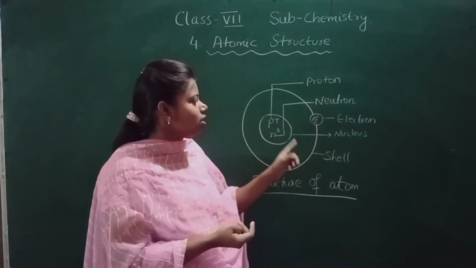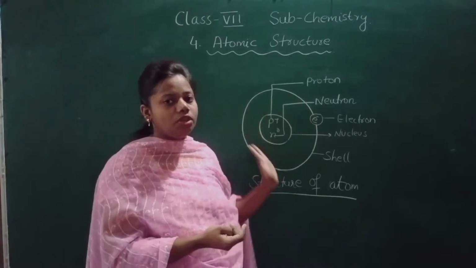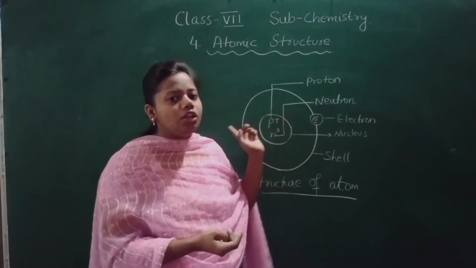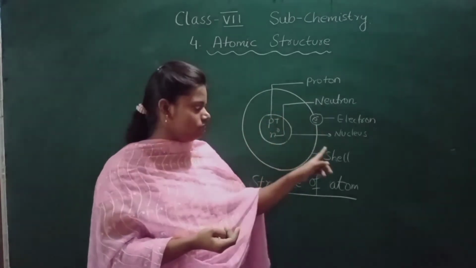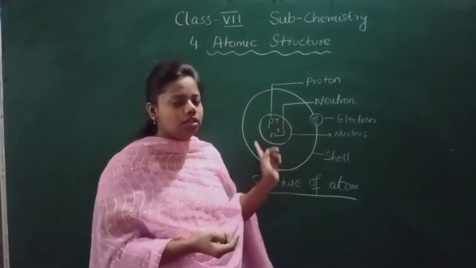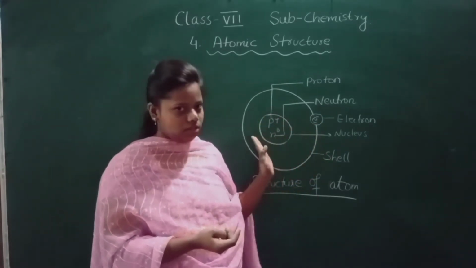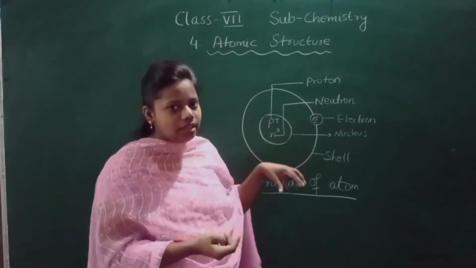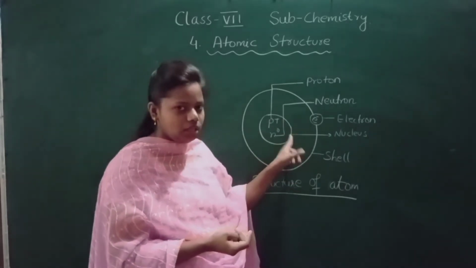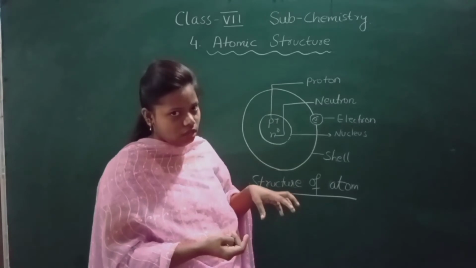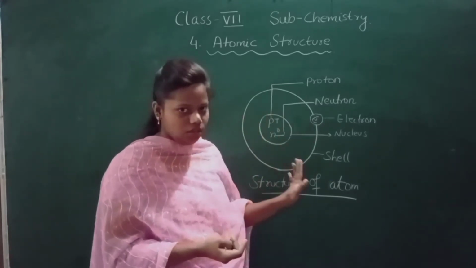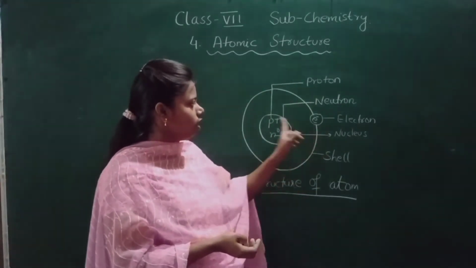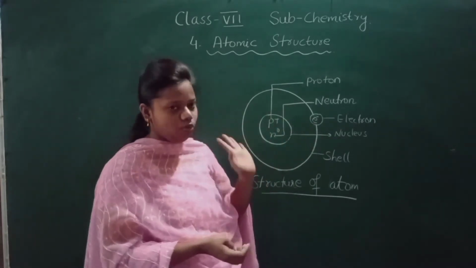So these electrons keep on revolving around the nucleus. Here I have just drawn one electron, revolving around the nucleus in the fixed orbit, or you can say cell. In a fixed path, it is revolving around the nucleus. So I hope you have understood that atom. Inside this atom, there is the nucleus. Inside this nucleus, there are proton and neutron. And electron is revolving around the nucleus. So I have written everything here. This is cell, this is nucleus, this is electron, this is neutron, this is proton.